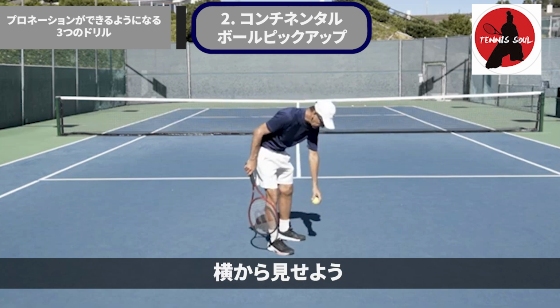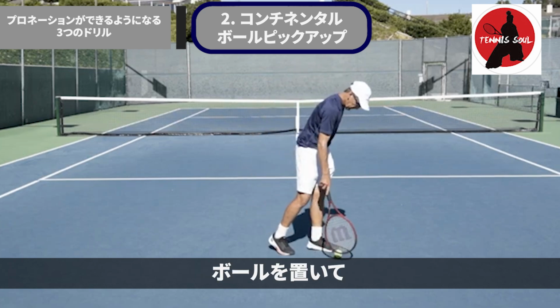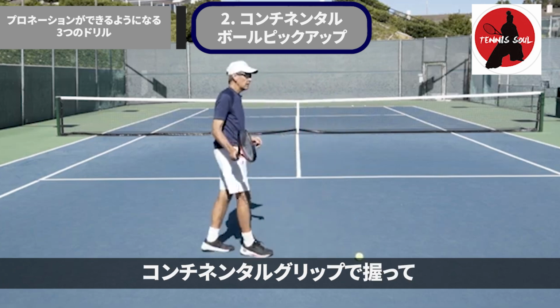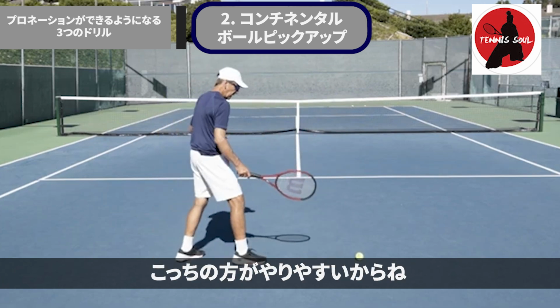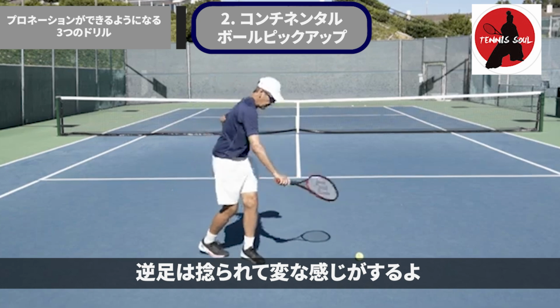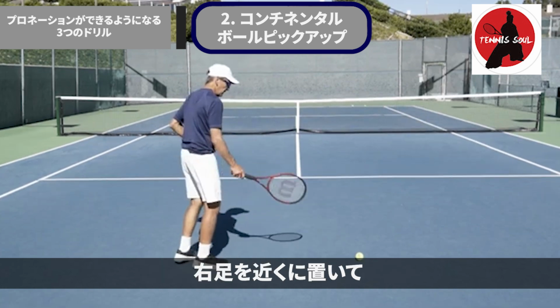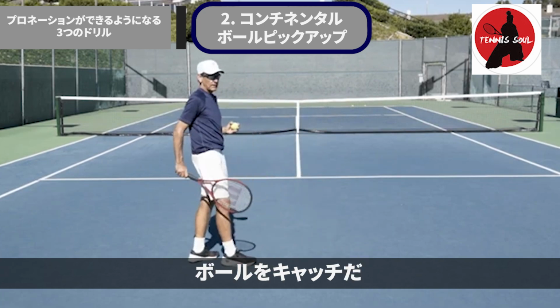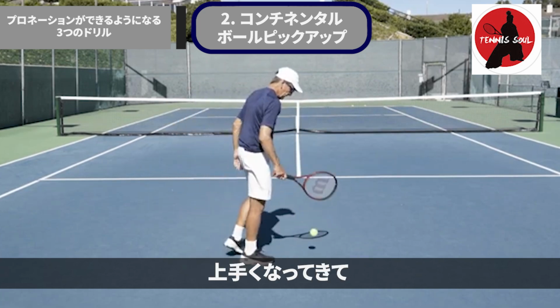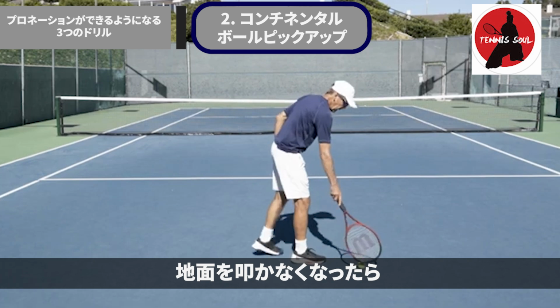Okay, let me show you from a side view here as well. Okay, ball's down, continental grip. I come in, I put my right foot closer just so I'm in a more comfortable alignment. This would be more of a twisty kind of weird thing. So I just put my right foot a little closer, coming on edge, turn it in, measure, up she comes, okay? Now, as you get more skillful at that, and you know your racket's not gonna bang on the court,